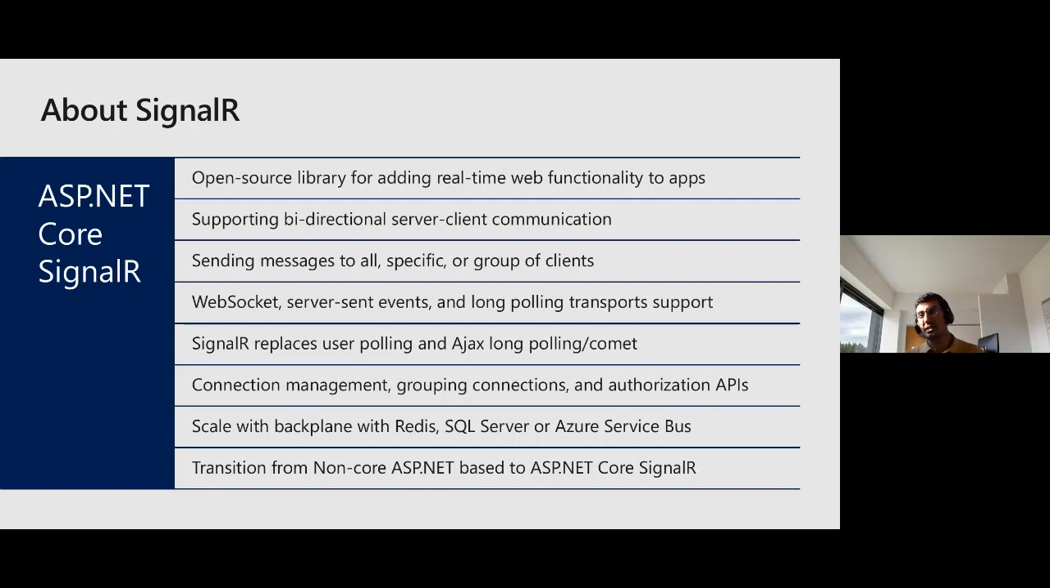Also, SignalR enables connection management, group connections, and it has authorization APIs, which is very important when you want to achieve that extra level of authentication, authorization, security, and roles. And it allows you to scale because it has a backplane with Redis and SQL Server, or you can use Azure Service Bus also. We're talking about ASP.NET Core also, so that builds on top of the original ASP.NET SignalR. You can transition from non-core ASP.NET back in the day to the new ASP.NET